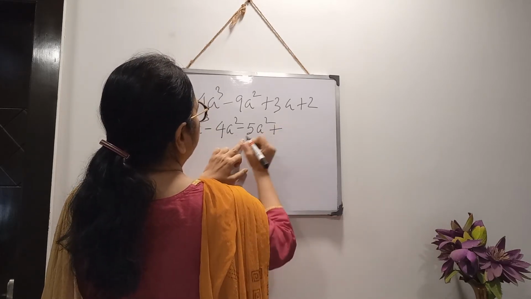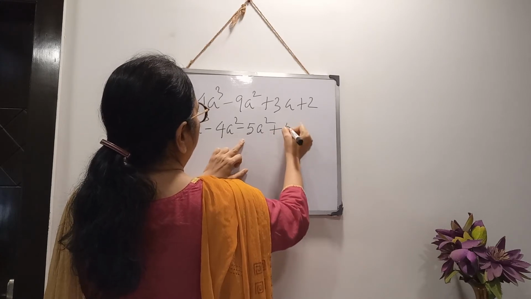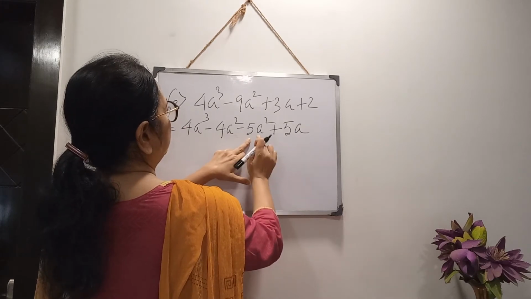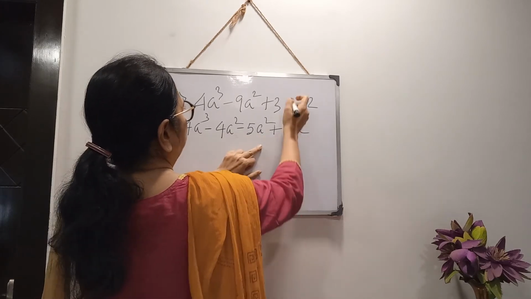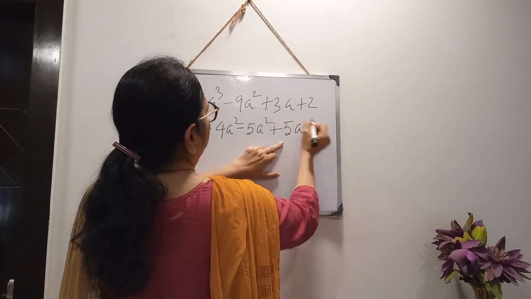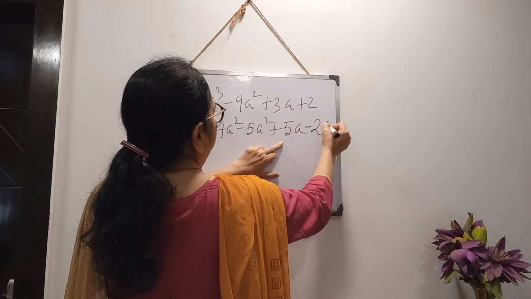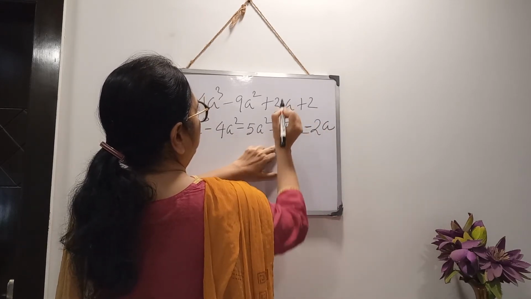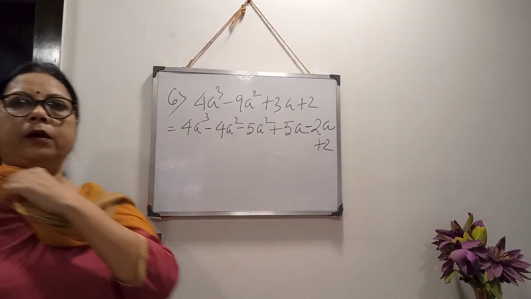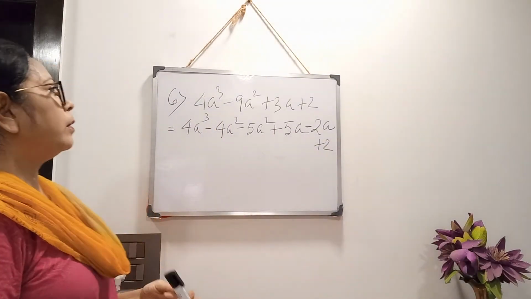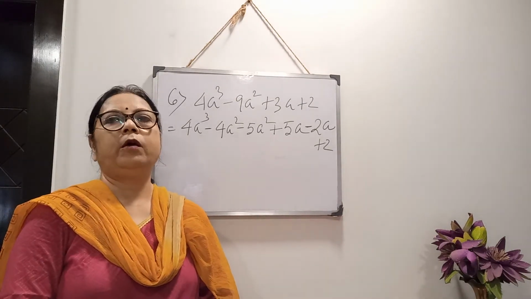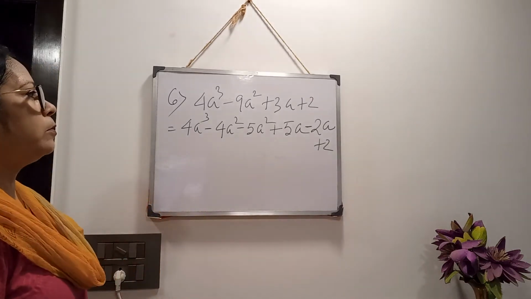So if I take 5a here, see, minus 5a take common, then it is becoming a minus 1, but there is plus 3a. By force I have written 5a, so I have to adjust that by subtracting 2a. 5a minus 2a plus 3, and the last constant term as it is. Now see, I am explaining once more. By putting a equals to 1, the expression is becoming 0. So your one factor is a minus 1.